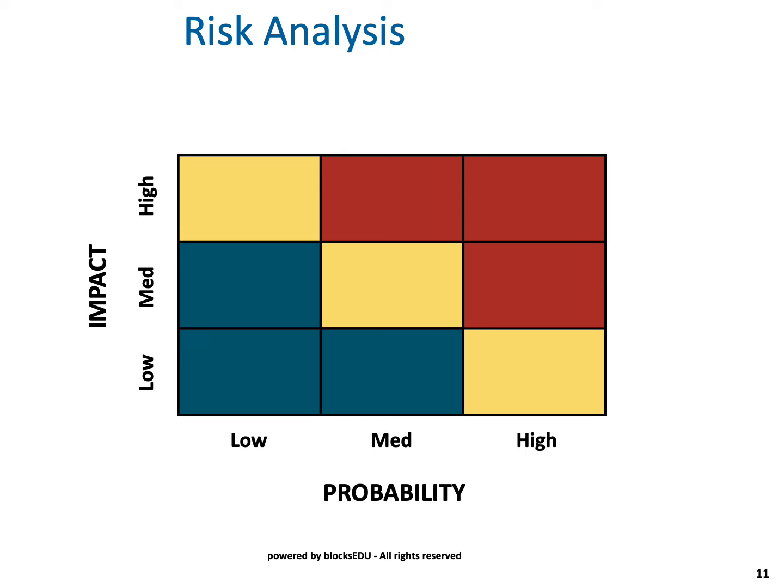You can use a number, and you can go 1 to 5, 1 to 10, up the left-hand side and down the bottom. Either way you want to do it, or you can use a color system like this. But the whole idea is to take each one of your risks and ask yourself, what is the probability of this risk actually occurring? And if the risk does occur, what is the impact of this? Now let me give you an example of what I mean.